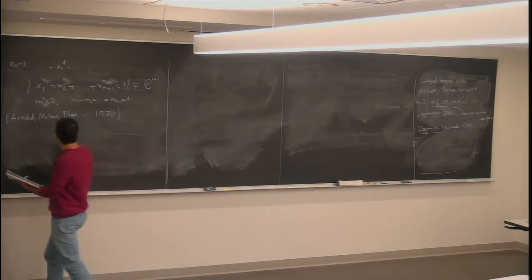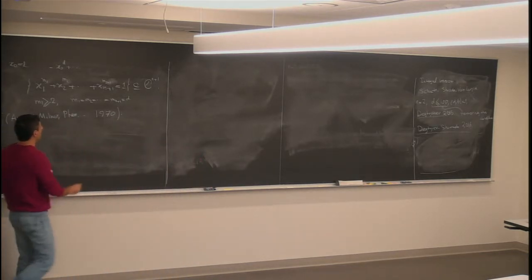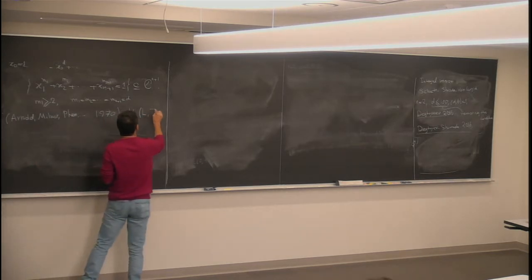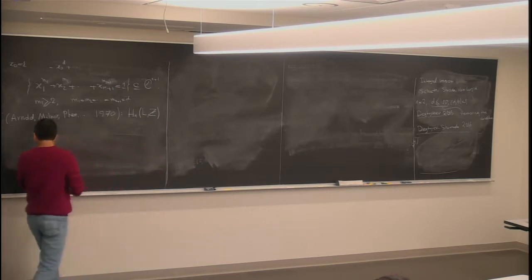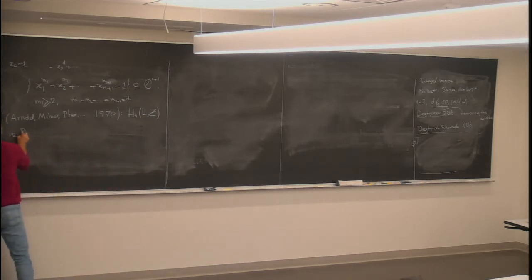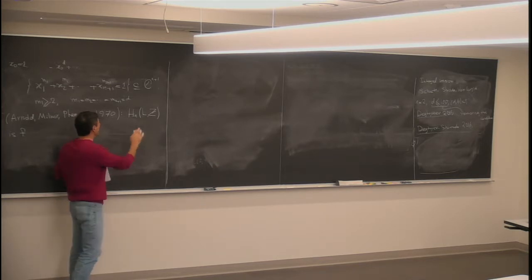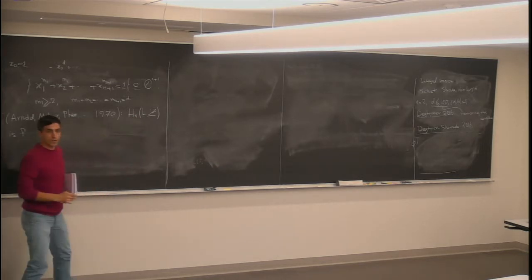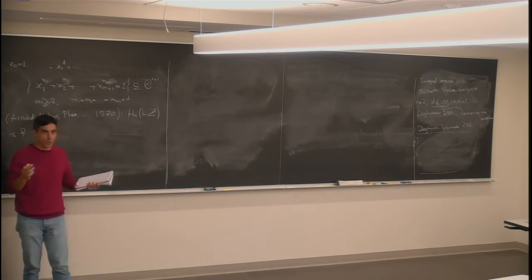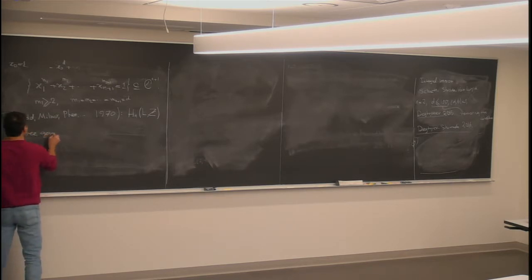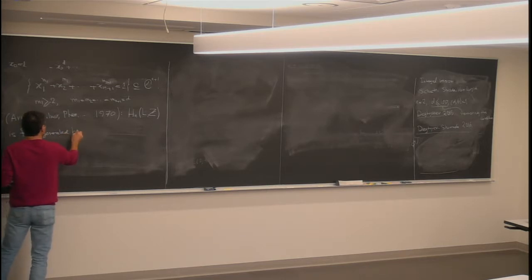But at the end of the day, if you look at the results, you get this fact that H_n(L, Z) is free. So the basic idea is that I want to capture the topology of the compact X by looking at its affine part, because the computation will be done just in the affine part. So I have to know what the topology of this guy is. It's really generated by